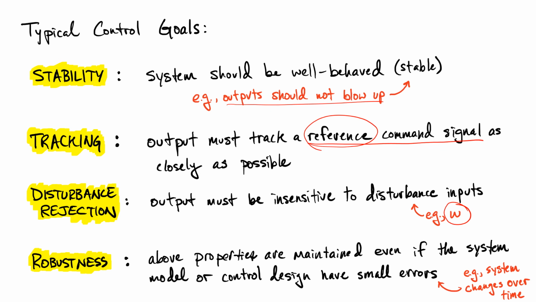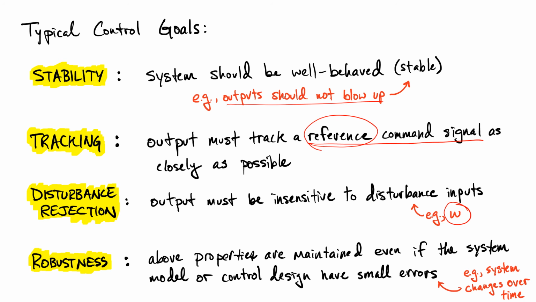Finally, our last main control objective is robustness. And so this seems a little bit similar to disturbance rejection, but robustness is really the idea that we design all of our controllers with a given model or understanding about our system. So for example, you may design a system knowing that a spring coefficient is some value, but as that system ages, it's possible for that spring constant to essentially